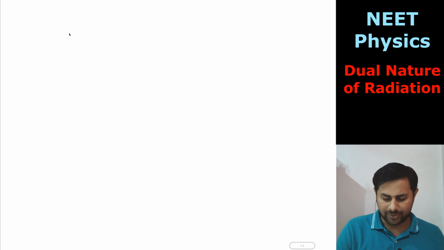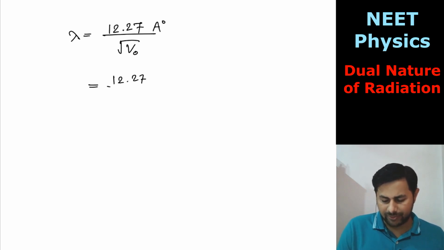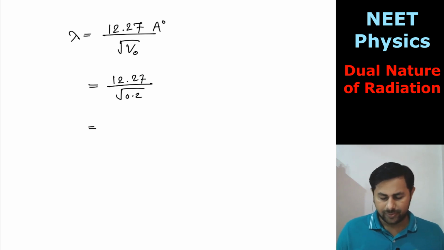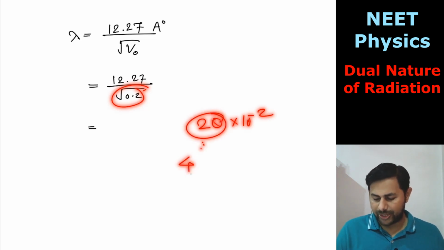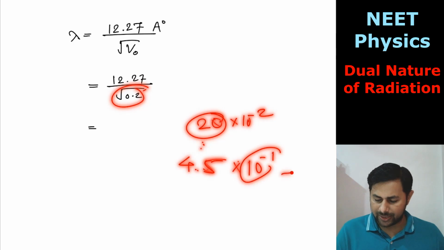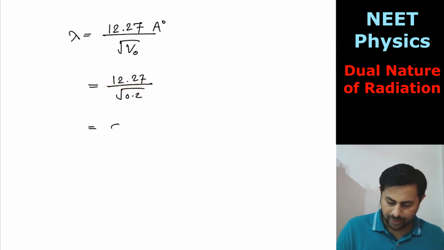Okay, and then you can just make use of lambda equals 12.27 divided by square root of V, and in place of V we'll just put V naught. So that's 12.27 divided by root of 0.2, right? But what is square root of 0.2? So you can write this as 20 multiplied by 10 raised to minus 2, root of 20, so it's 4 point something. Okay, let's take 4.5. 4.5 multiplied by 10 raised to minus 1, take that 10 raised to minus 1 into the numerator, it becomes 10 raised to plus 1. So this divided by 4.5, so nearly 3 multiplied by 10 raised to 1